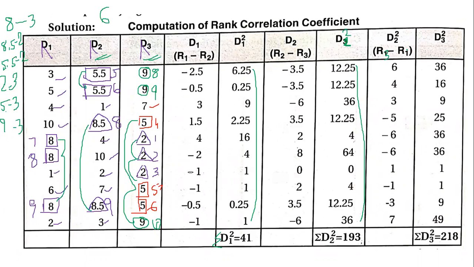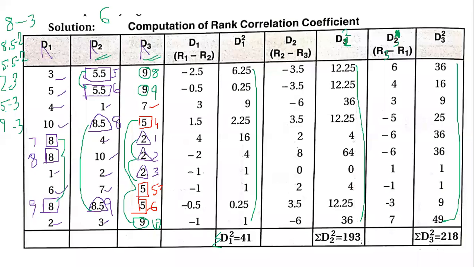Okay, R3, that is judge C, minus judge A. So R3 minus R1 will give me these values, and then if I take the square of it, this is called D3. Okay, there's a lot of printing mistake. I'm sorry for that. I'll correct and send it. So this is D3, and when you square them, that will be called D3 square. Once you find out all the values, the summation of D3 square is 218. So you're adding up all these values. So this is your table calculation.